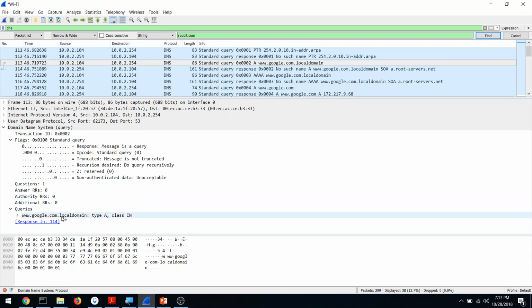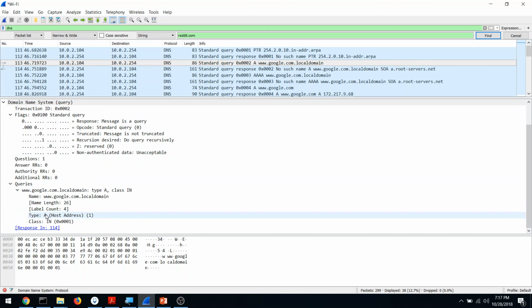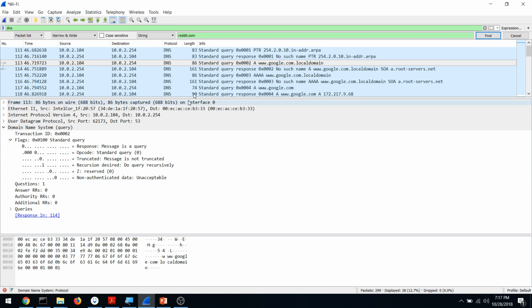So if we go down to the query, we are querying for www.google.com, and in my case, since I'm here, I'm still querying for local domain, which is kind of handled at the DNS server. But again, the type is going to be a host address. So we have a lot of that information there. So let's go to the next